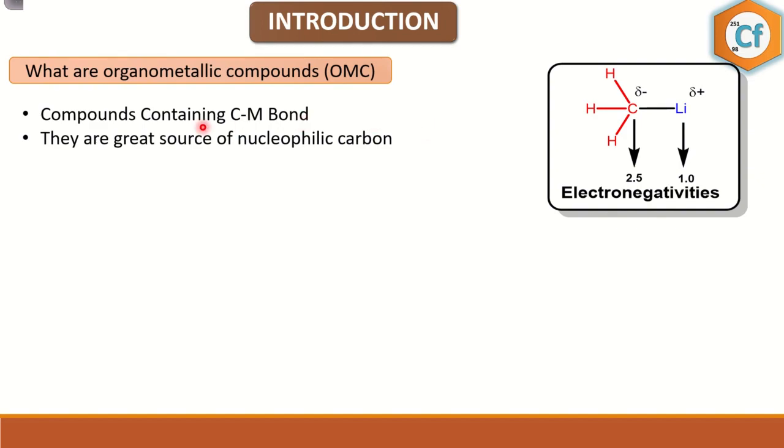The other important thing regarding organometallic compounds is that the carbon should be attached to at least one hydrogen. This should be an organic compound. And what are organic compounds? Organic compounds are the ones which have carbon directly attached to hydrogen. So this is an organometallic compound, as it has carbon directly attached to the hydrogen as well as to the lithium or any metal. So we have seen here that the metal forcefully donates its electron to the carbon, making the carbon a carbanion, or intensifying its electron density.